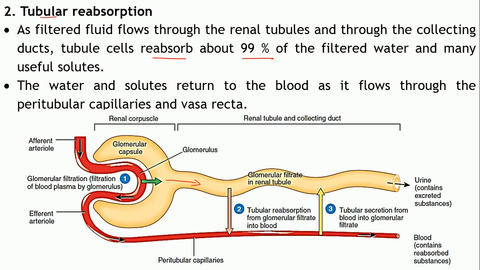Tubular reabsorption. Why is this process known like that? That's because in the renal tubules, reabsorption is taking place. Reabsorption means whatever filtrate reaches these tubules, it is not that this process takes place only at this level. Throughout the tubules, this process of reabsorption will take place. At specific areas, specific solutes or water may get reabsorbed. We will talk about this in detail later on.